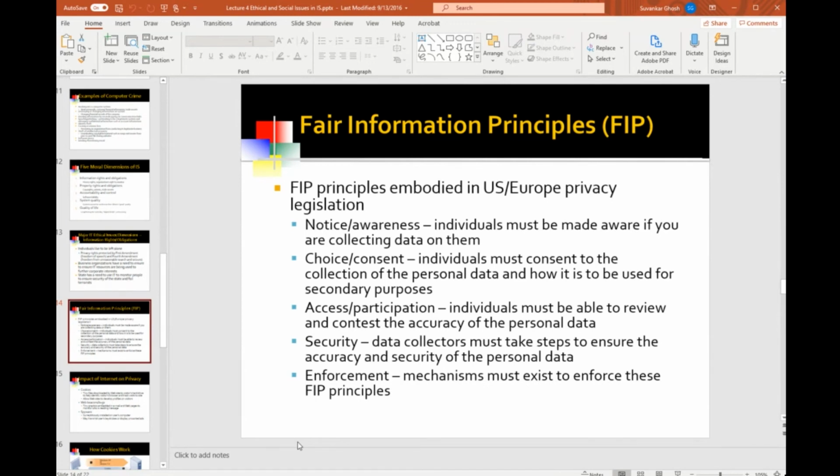So the fair information principles were applied in that context, where companies were given the right to surveil their employees if it is for a legitimate business reason. You can't surveil for the sake of surveilling. It has to be for a legitimate business reason, and you have to have informed your employees and taken their consent. The consent is typically taken when the employee signs the employment contract. That's the context in which